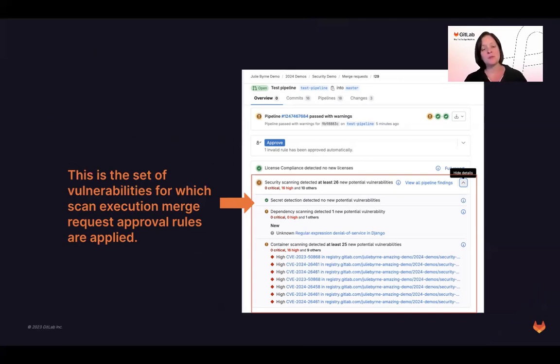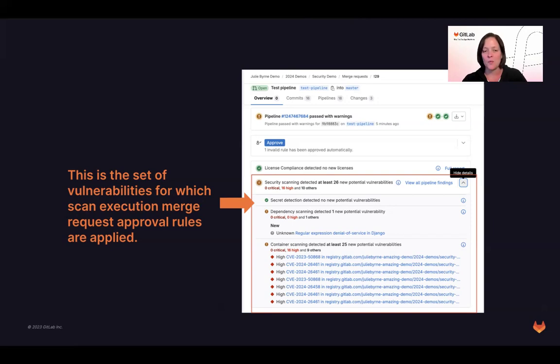Right? So this is what customers really want to be using when they're trying to understand what impacts the development teams are having as they continue to make code changes. And this set of vulnerabilities typically is going to be much smaller than the vulnerability list on the pipeline security tab because it's only showing new stuff that was introduced and not everything.